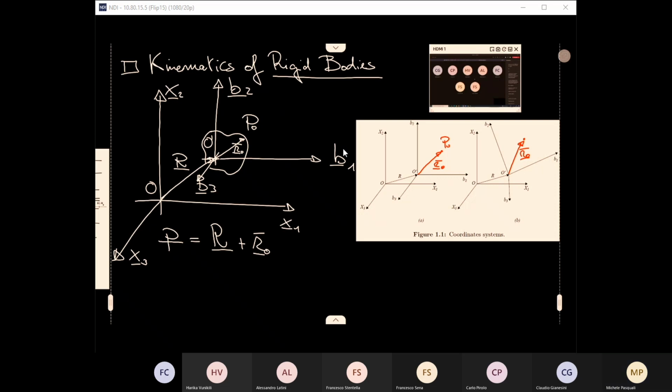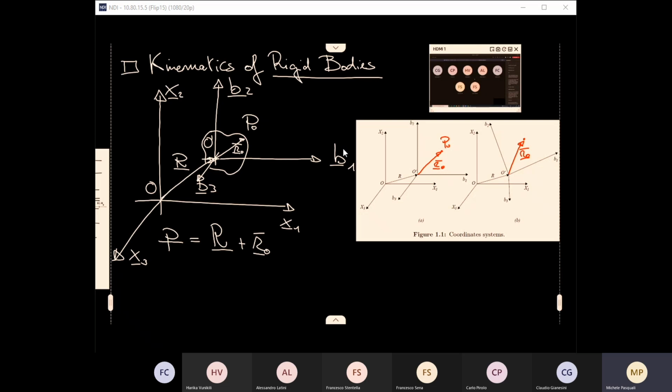This is a very important concept, and we will close the lesson with this, and then we'll continue later on. The quantities which have an overbar, meaning that they are described with respect to the local frame, don't change when you undergo a rotation. Imagine that you are on the local frame, and you undergo a rotation. Would you notice this rotation? You wouldn't notice anything. That's why R0 bar doesn't suffer any change in terms of its components when the local frame undergoes a rotation.